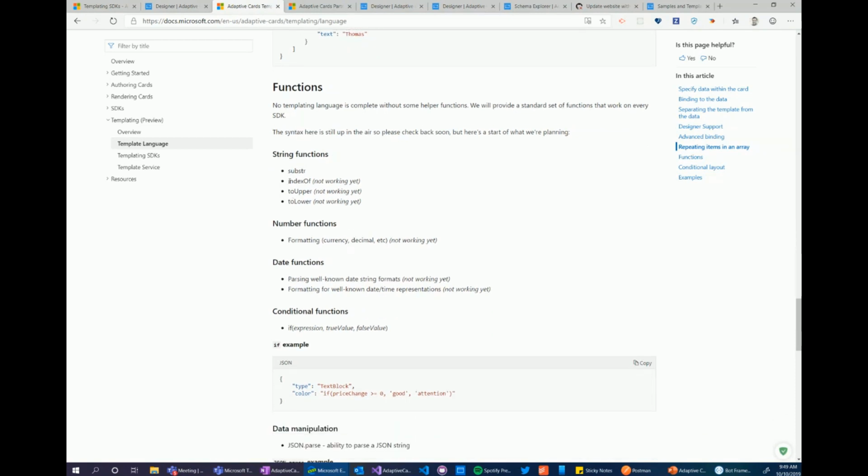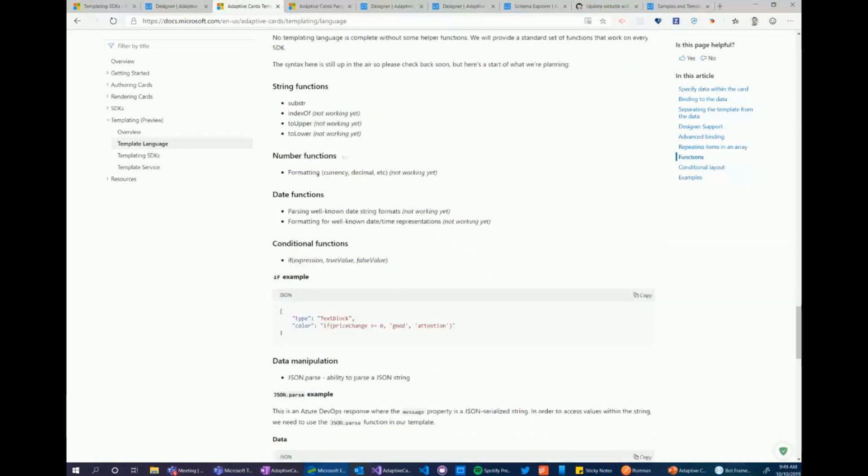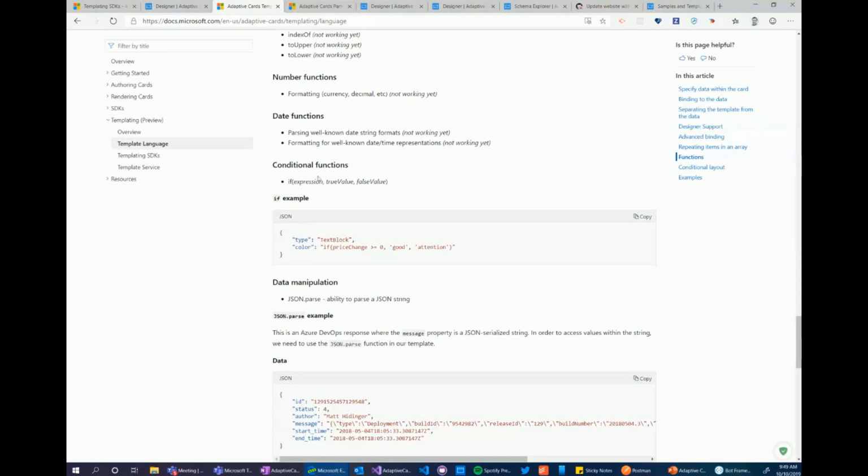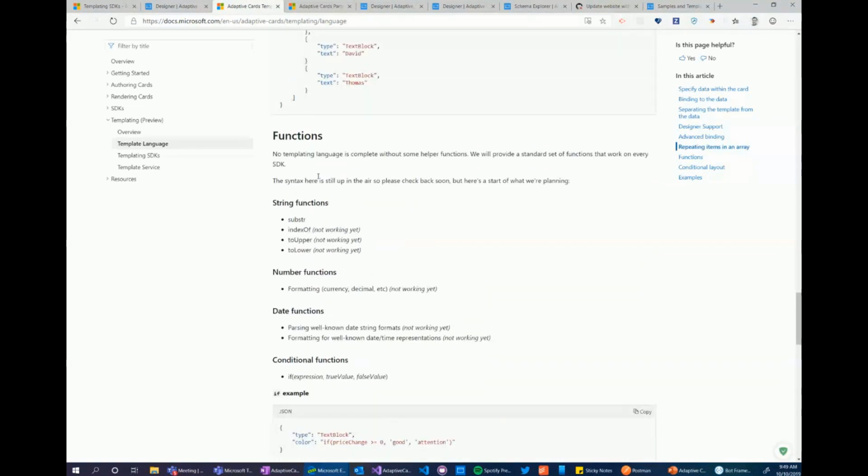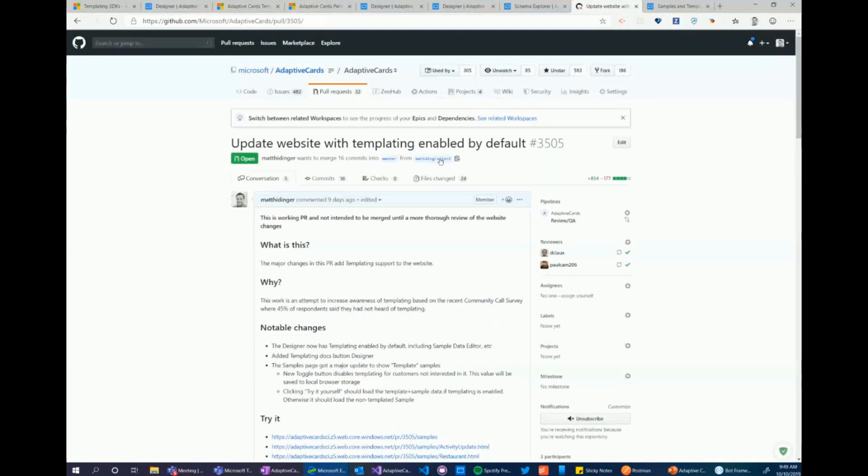Here is the current list of functions, and you can see a whole bunch of them are not working yet. Functions are our least fleshed out area. These are the list of them today. If you use the JavaScript library, we're still adding them to the .NET one. Let me see if I can quickly pull up, I can show in this